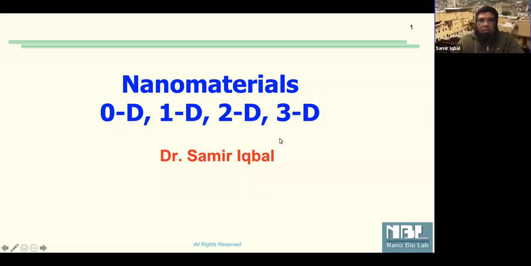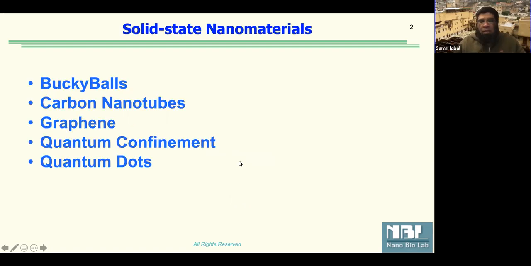Nanomaterials, especially zero-dimensional, one-dimensional, 2D, and 3D materials. So there are different configurations by which we characterize nanomaterials, based on a top-down or bottom-up approach. What we'll talk about is a basic few of those that have made a big